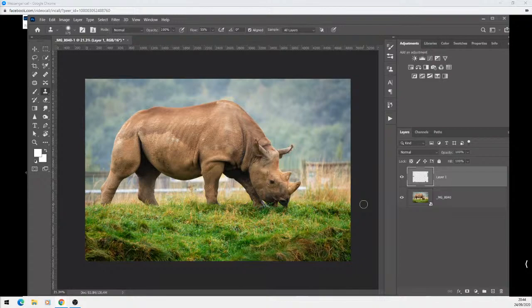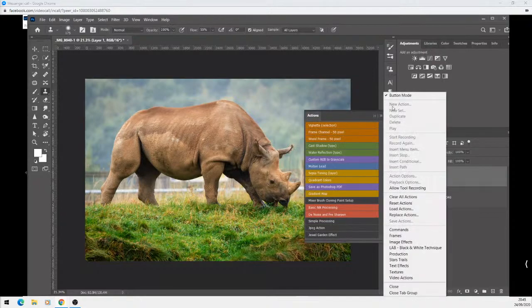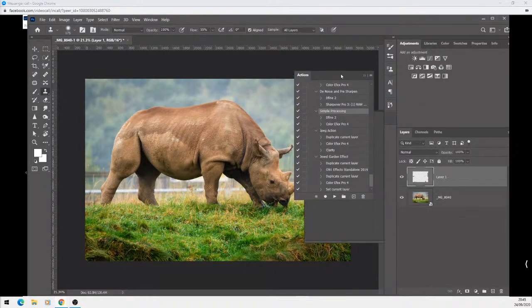The one thing you were going to show us was a very quick, simple action. Right, so let's bring up the actions. Actions are somewhere over here. I'm going to put it back into the original mode, which is there. And at the bottom here, we have a variety of tools. I think this is the record one. Yep. If we click on that,